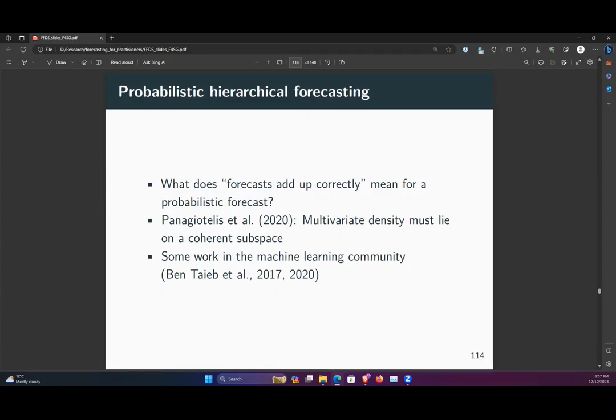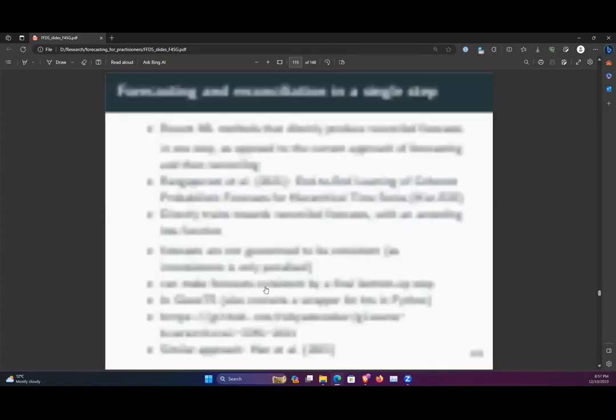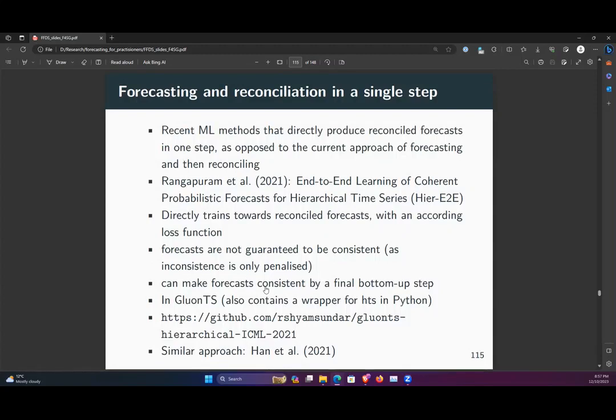And some of the other works which involve machine learning techniques are being listed here, so you could look at those papers as well if you're interested. Then there are other new techniques that are coming up in the machine learning space. For example, the end-to-end coherent probabilistic forecast, where they do end-to-end training. So in all the previous methods, you see two different steps. One is the forecast step, where you forecast for different levels or a particular level, and then the reconciliation step, which aggregates or reconciles their forecasts, right?